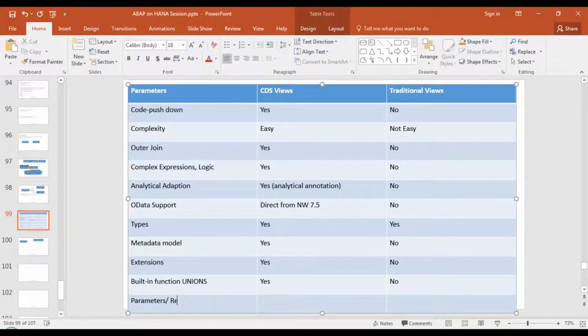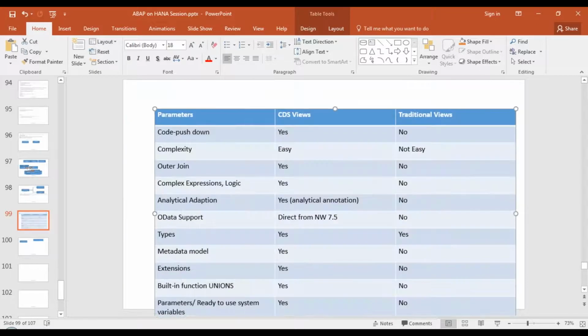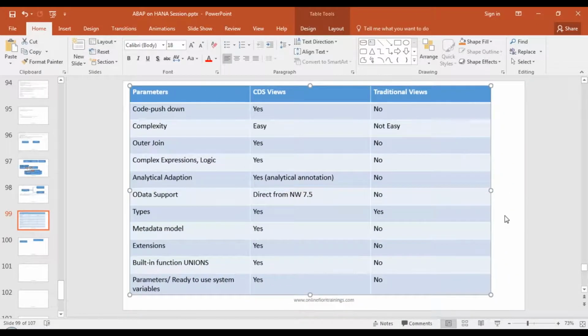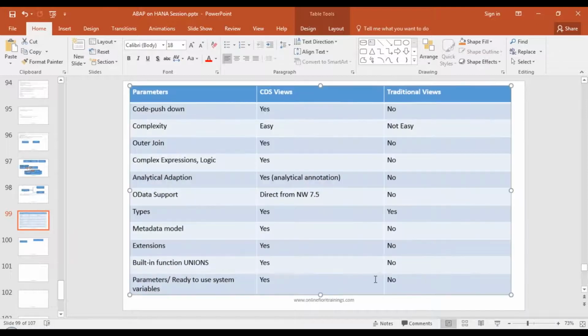Parameters and ready-to-use system variables, you cannot have in your traditional views. That's supported using CDS views. You can pass a parameter, for example, like we saw in the currency conversion example. I can pass the currency code to which I would like to convert, and that's supported with CDS views. Basically, it helps do all what you need to do for code pushdown.